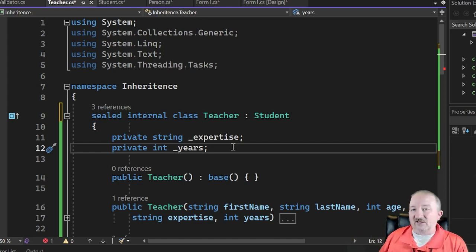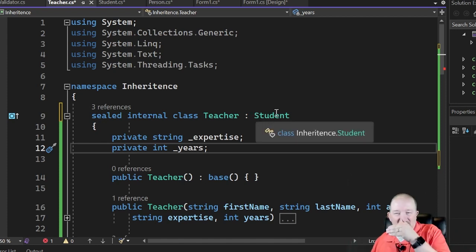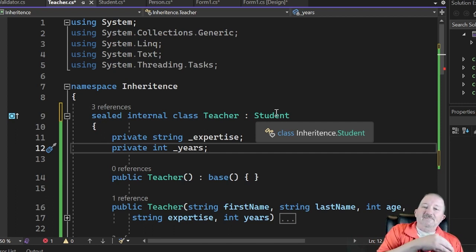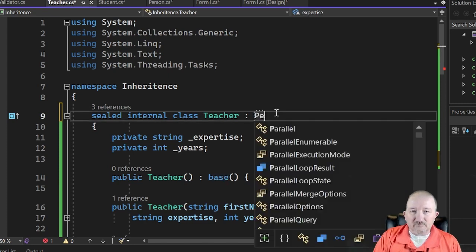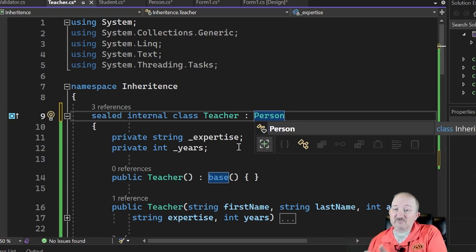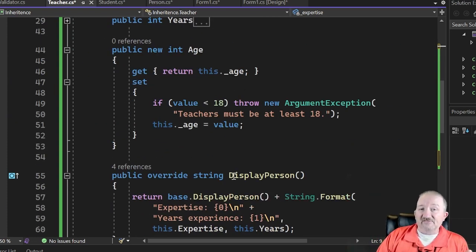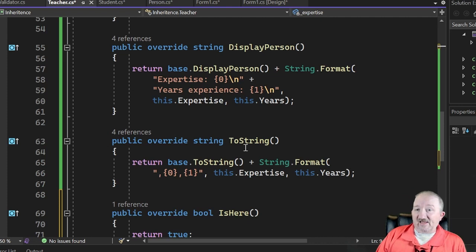So I'd have to fix a lot of things to do it this way. But you can inherit class after class after class, and they're all going to get the properties of the classes before them. So for instance, teacher is inheriting person. Person inherited from the object class. The object class had the toString method. Now we overrode the toString method, but it was there for us. The person class overrode the toString method and was able to be used by the